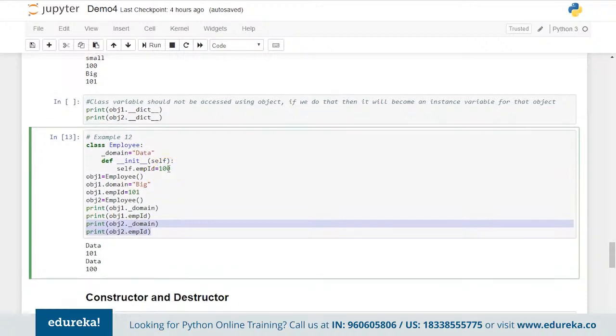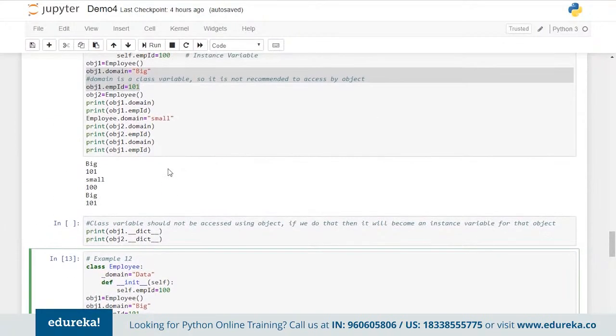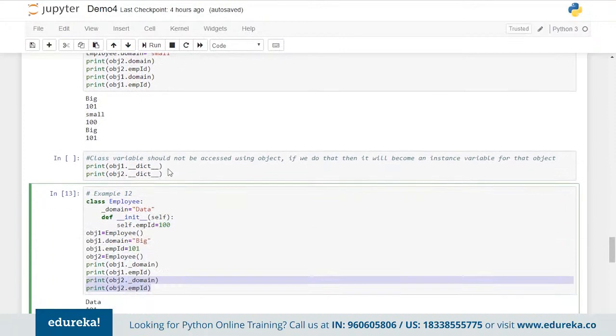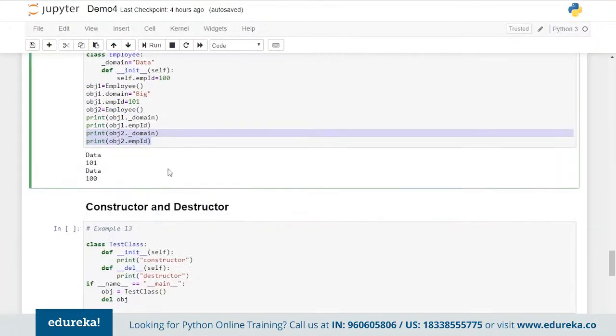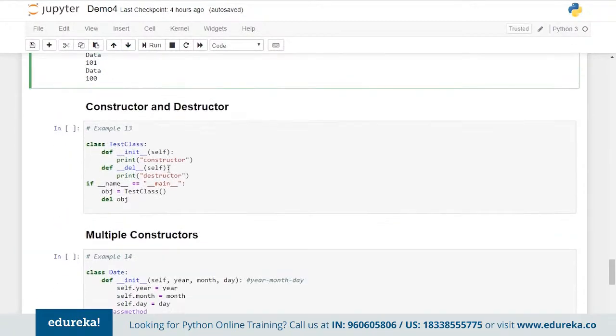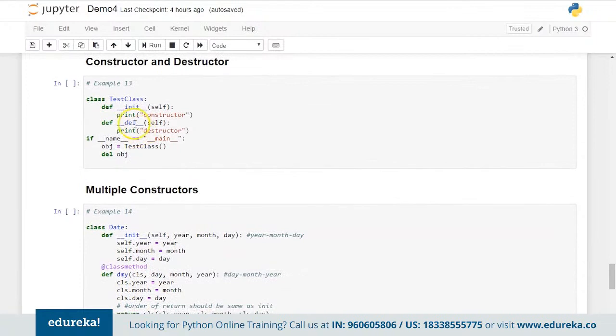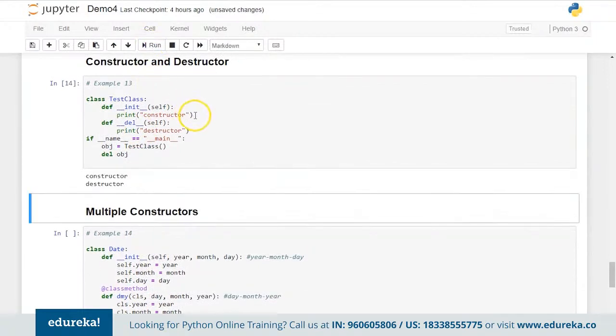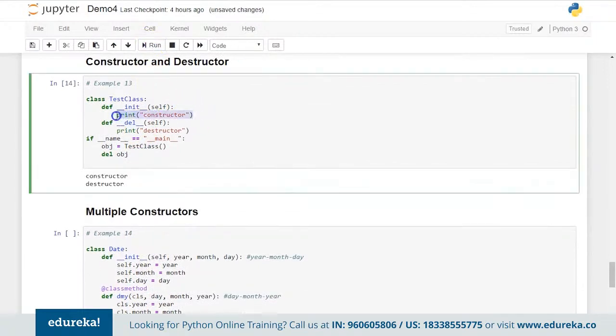So similar to the previous example, this is also getting executed and you are getting the response over here. Now let's talk about the constructors and destructors. In this one, we have a constructor where I'm trying to print a particular statement called constructor. If I don't call this del object over here, which means that the particular destructor is only called upon when